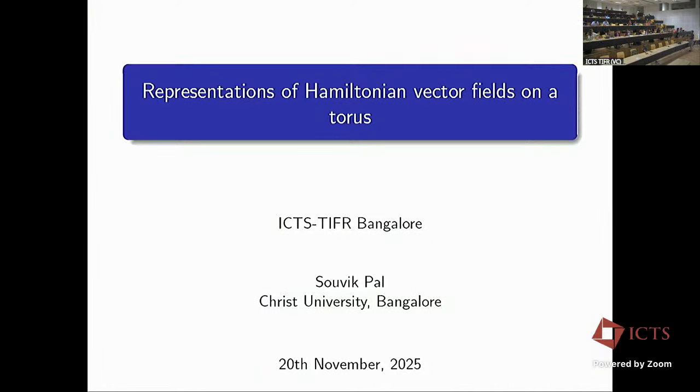So I'm told that we can start. Let's continue with the last talk of the day. And it's my pleasure to introduce Souvik